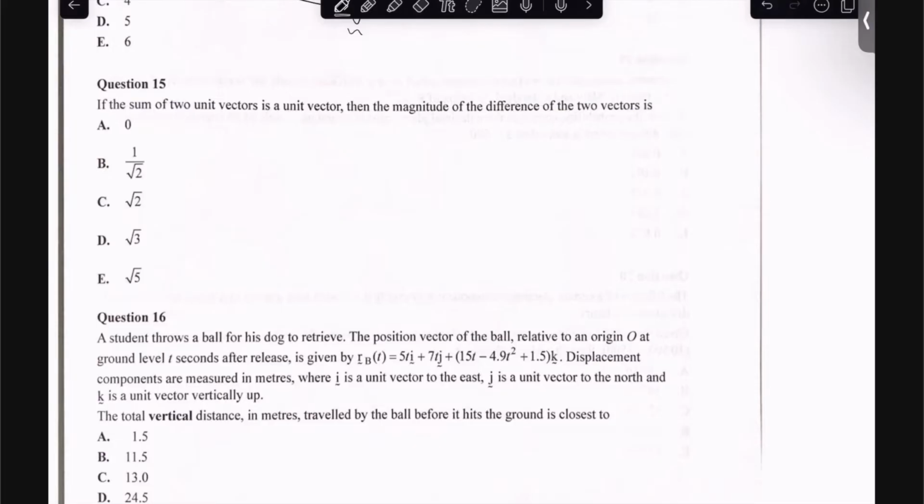So if the sum of 2 vectors, so like that, is a unit vector, that has a magnitude of 1, that has a magnitude of 1, that has a magnitude of 1. So 60 degrees, 60 degrees, 60 degrees, it's an equilateral triangle. So I might just draw that. Now, if we want the difference of the 2 vectors, so let's say these were our 2 vectors,